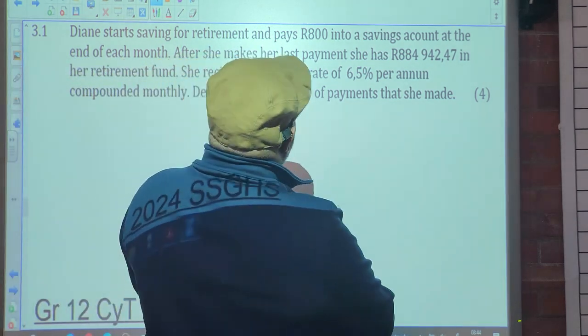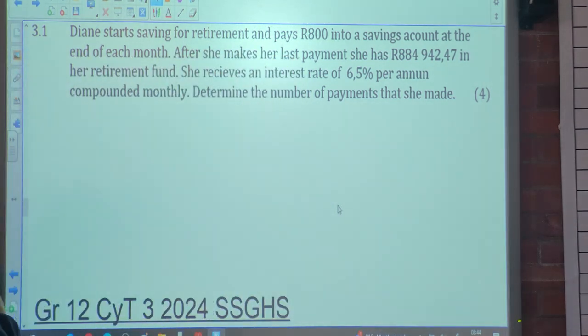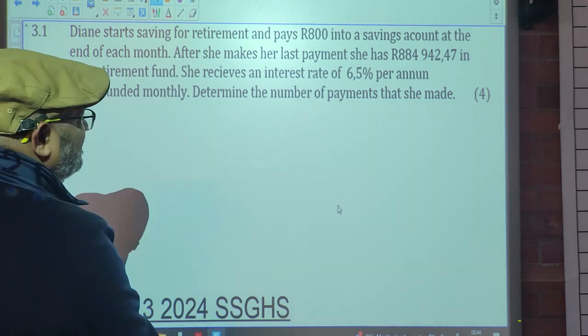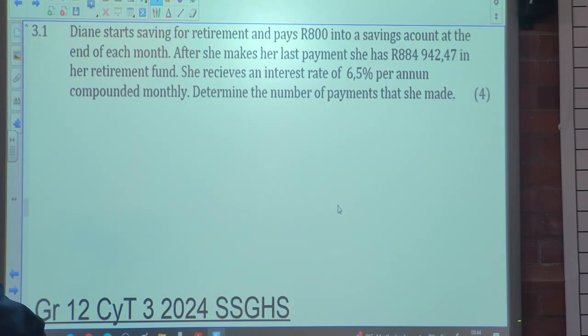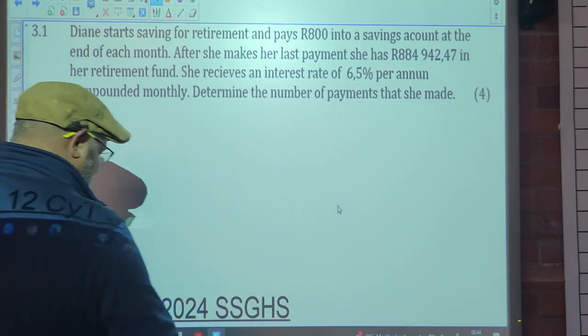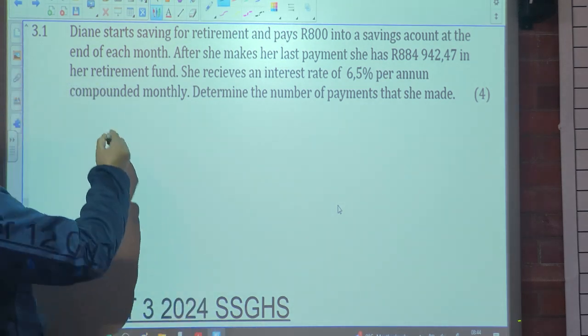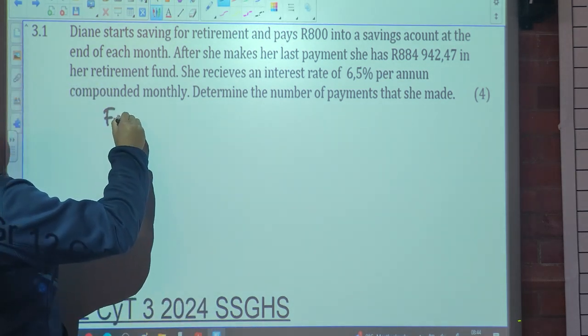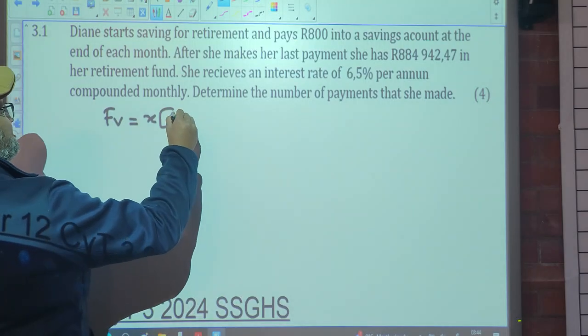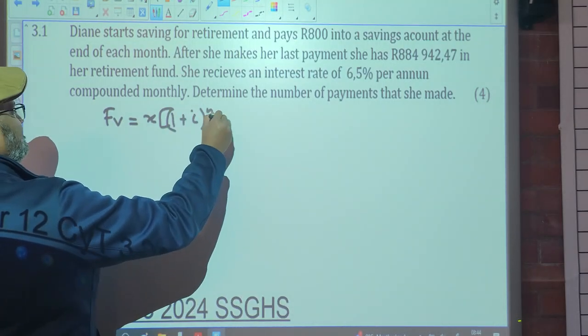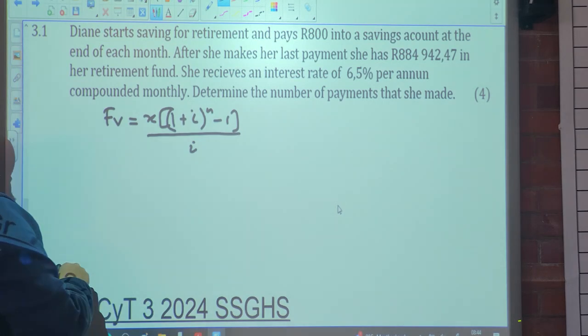She starts saving for retirement and pays 800 Rand into a savings account at the end of each month. After she makes the last payment, she has 884,942 Rand and 47 cents in the retirement fund. She received an interest rate of 6.5% per annum compounded monthly. Determine the number of payments she made. So this investment, what's the formula? Future value: x into 1 plus i to the n minus 1, all over